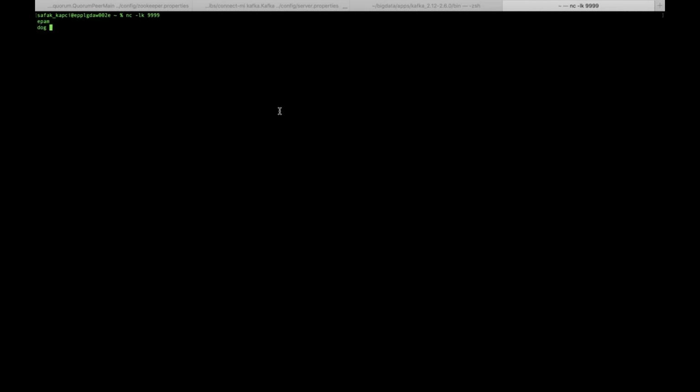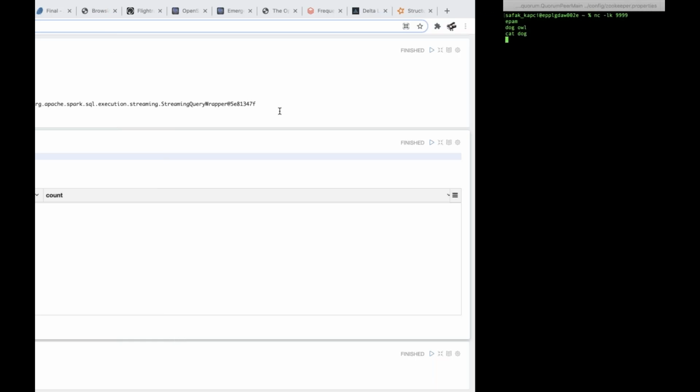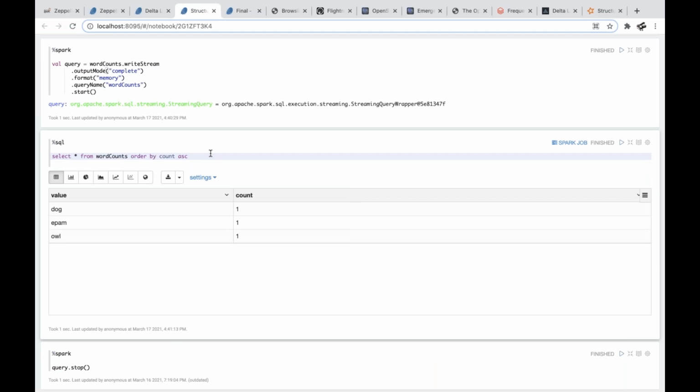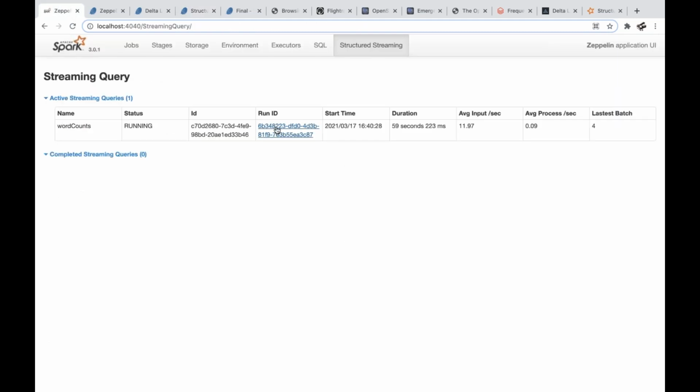Let's do dog and all. Yeah, it was a good example. Cat, dog. Yeah. So let's see one more time our table. Now, yes, we have some examples. Perfect. And the first batch run, and then we saw the second batch also ran, and dog has been updated. Right? Let's see our structured streaming things one more time.